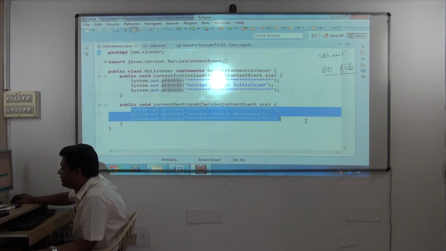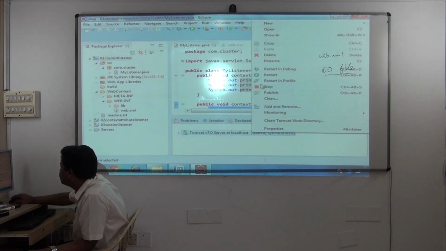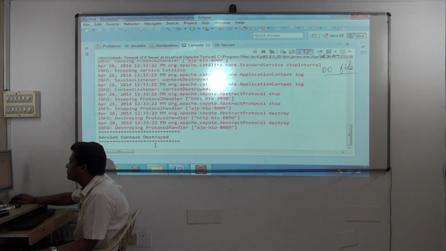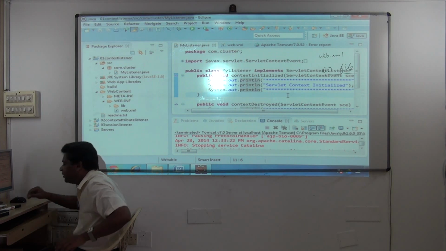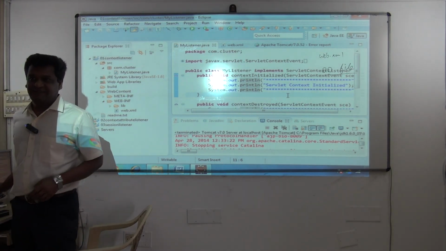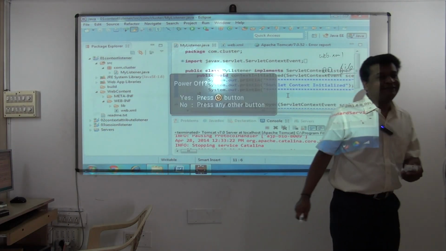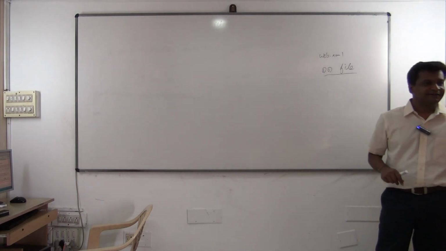And here, when will this execute now? I'll stop the server. Just see this. Now go to the console. Well, very simple. So what you have to understand now is, if this support was not there, you saw the output, it's okay. If this support was not there, what should the developer do? You have to write the logic when that event is occurring.